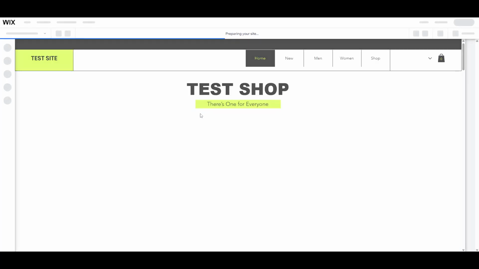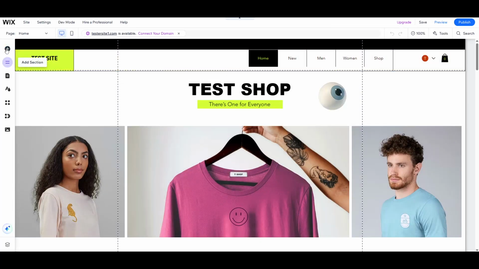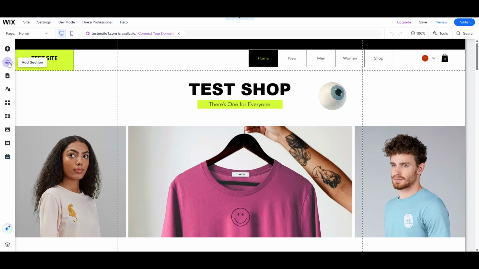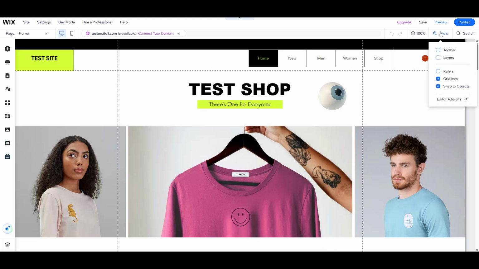On the left side of the screen, you'll see a sidebar. This sidebar is crucial as it contains the key tools you'll use to manage your site's pages and various elements. Spend a little time hovering over these icons. You'll notice that each has a tooltip explaining its function. Whether you're looking to add a new page, adjust your site's menu, change backgrounds, or tweak text, these tools are